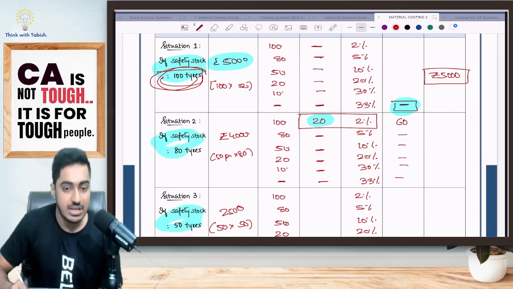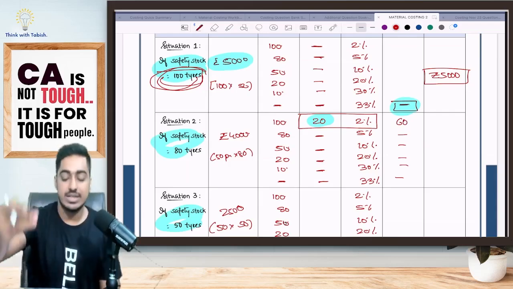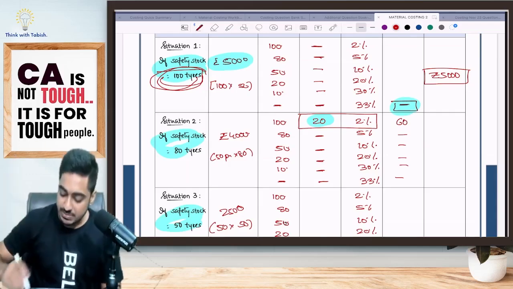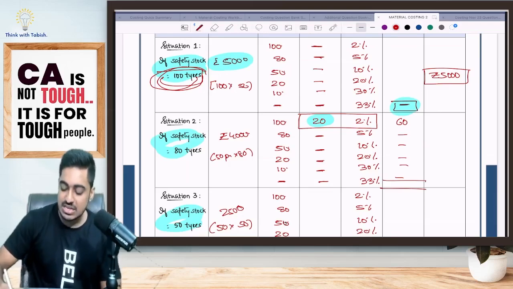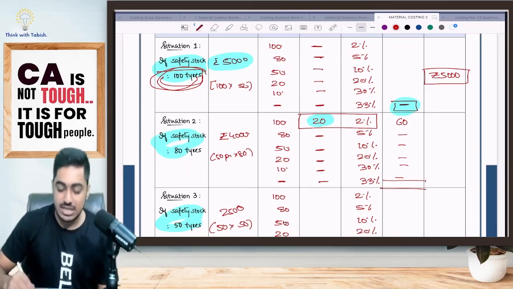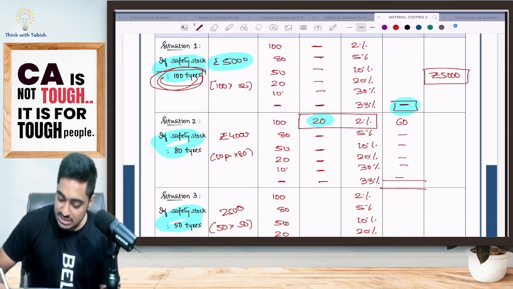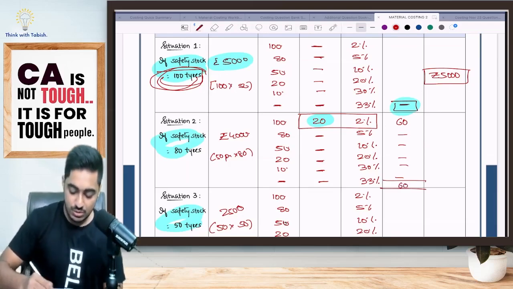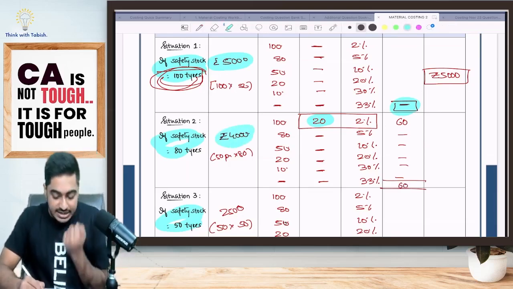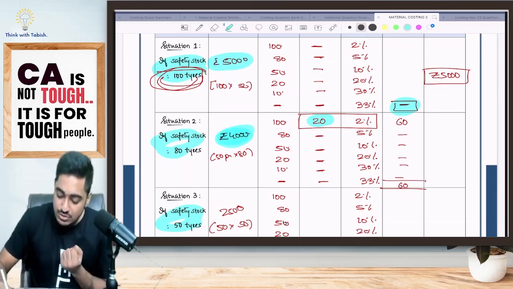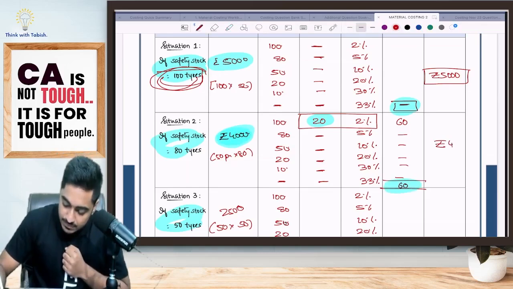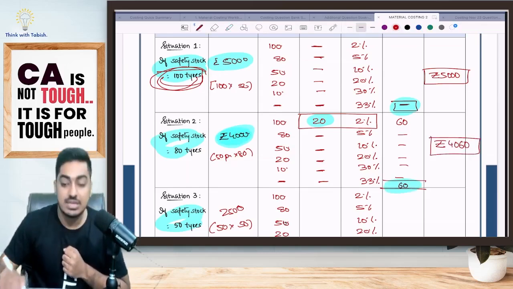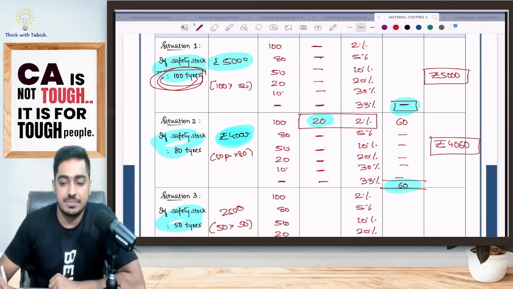150 is a loss for one tire, like that 20 tires is a loss, but it is only a 2% chance. In all these cases, I'll not be incurring any cost. But if the customer demands 100 tires, I'll incur 60 rupees as cost. So what is the total cost? To hold those 80 tires, I'm incurring 4,000 plus 60, altogether 4,060 rupees. Is this clear, everyone?